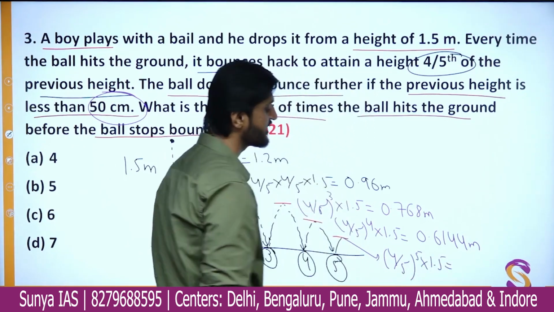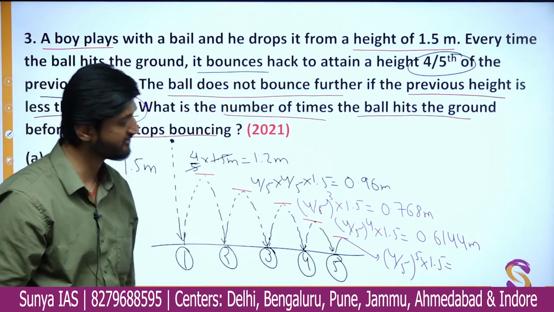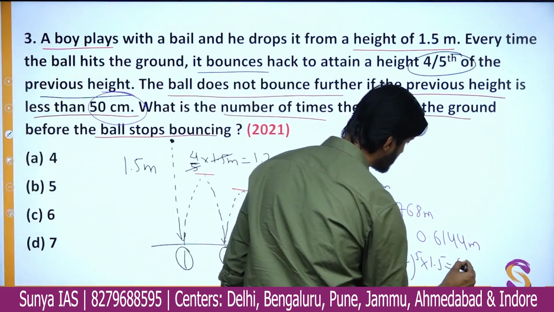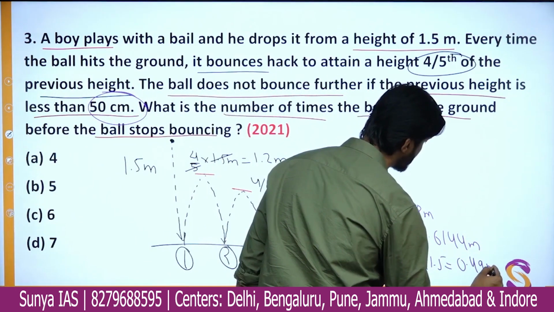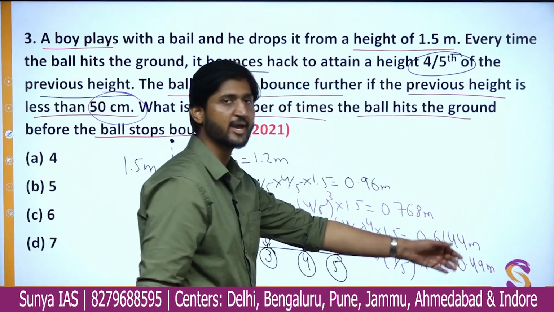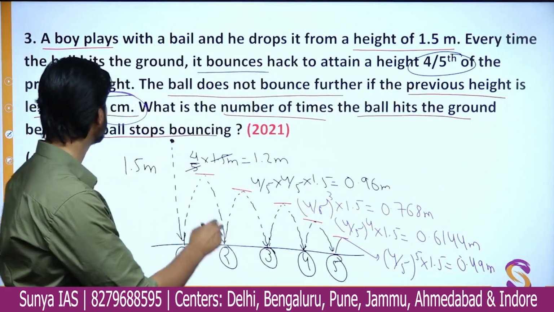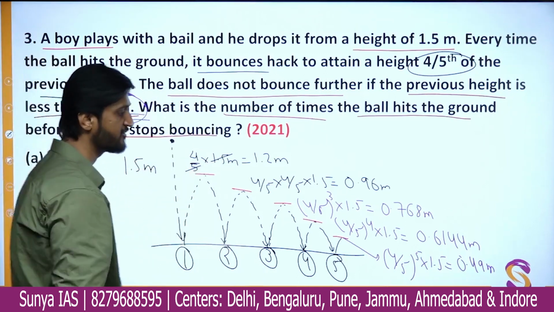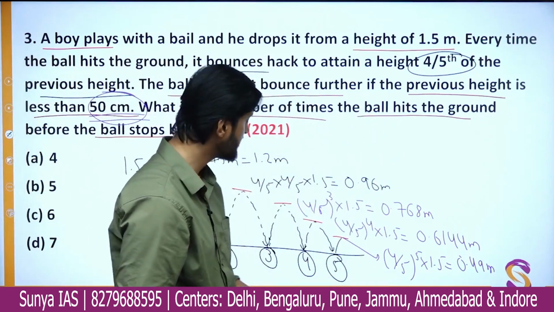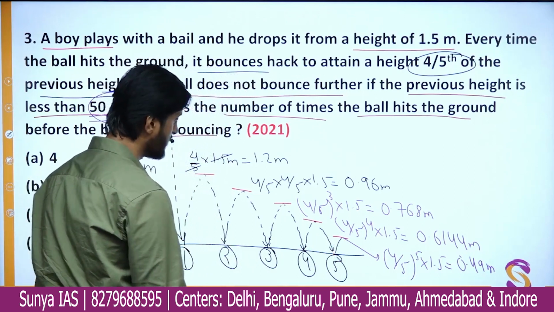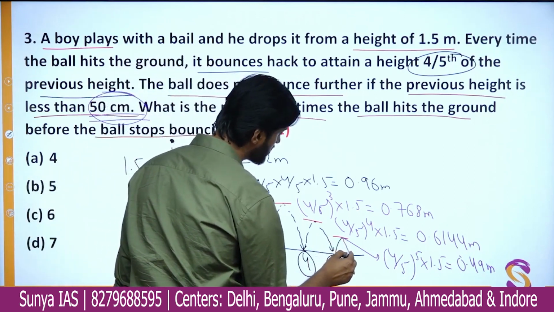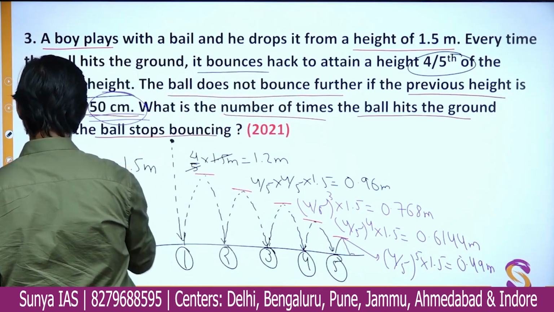When you simplify and calculate all this value, you will get the final answer as 0.49 and something meters, which is 49 and something centimeters, definitely less than the 50 centimeter bar which is given to bounce back. So definitely after hitting this particular height, this will not bounce back and it will just keep